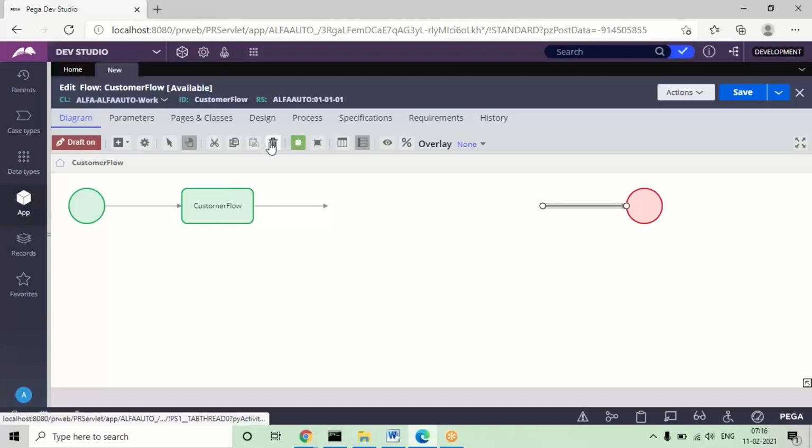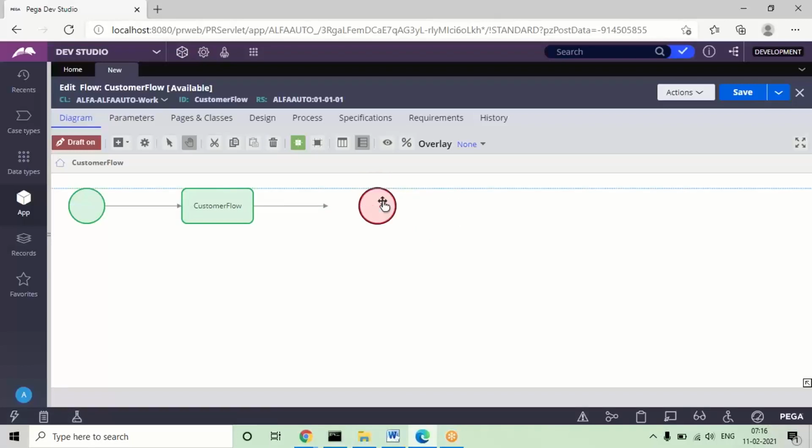So now only one assignment is required because we're having only one UI design. Later, if we have more UI pages or more steps, we are going to configure more shapes. As of now, just connect. This is the default diagram we have, so we'll go with the default shape today.